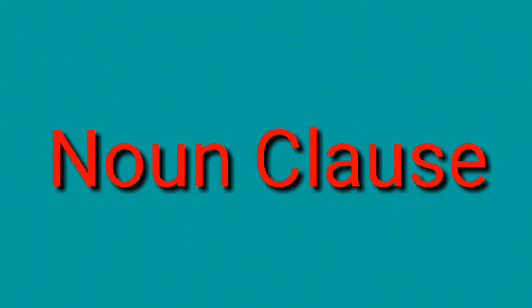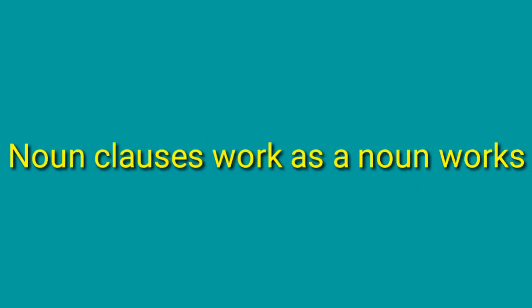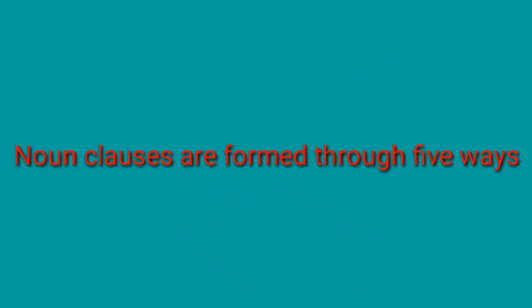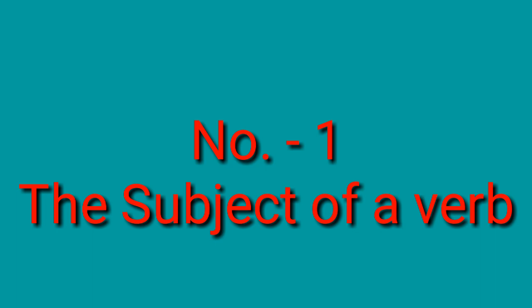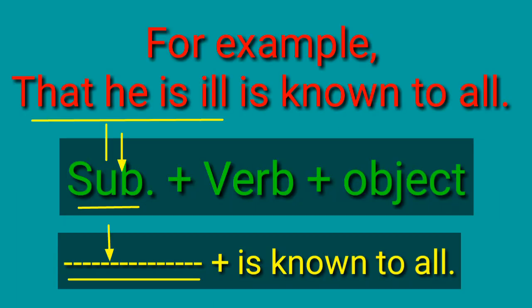Now, we are going to discuss the noun clause. A noun clause is used in a sentence in the same way as a noun may be used. Generally, noun clauses are formed in 5 ways. Number 1, the subject of a verb. Here, the clause will be used in the place of a subject to work the same as a subject used in the sentence. For example,